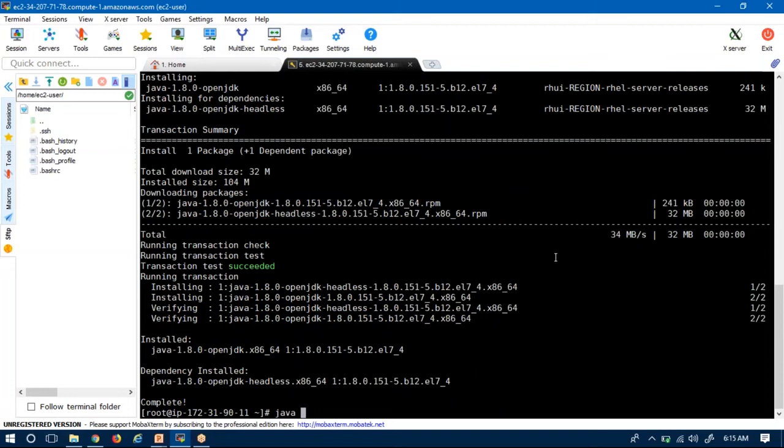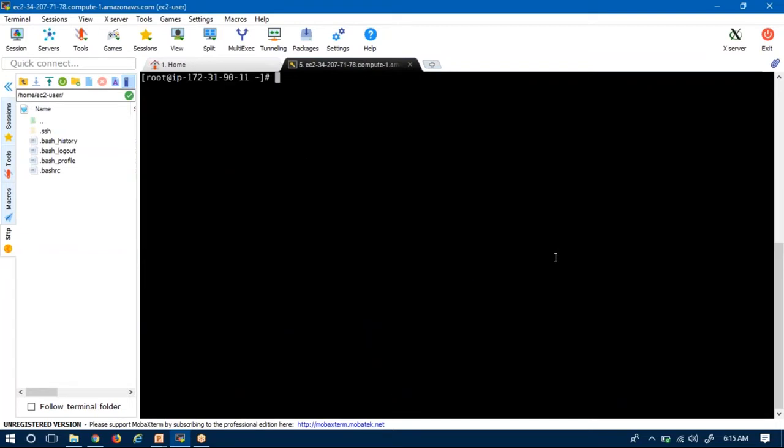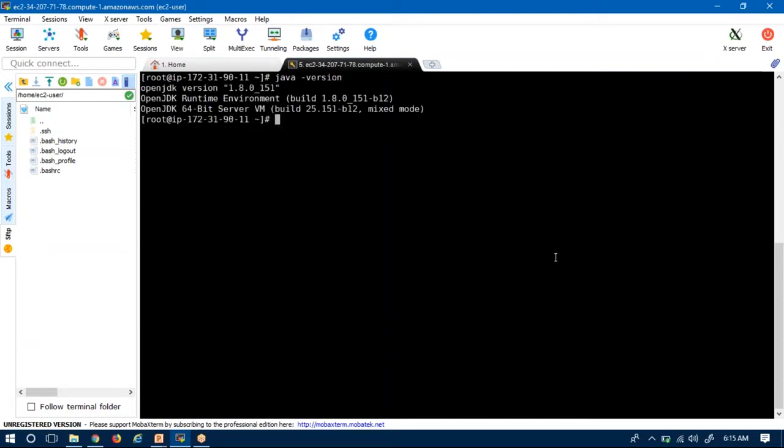Now I am going to check the Java version. It is now 1.8. It's better to use 1.8 because I'm going to use Jenkins 2.89.2, which requires Java 8. As of now we have Java, and the version is Java 8, 1.8.0.